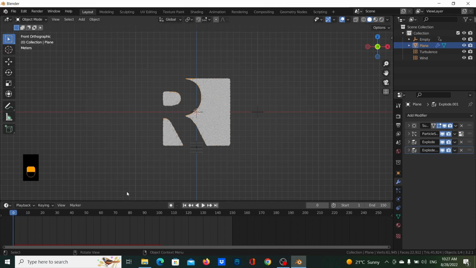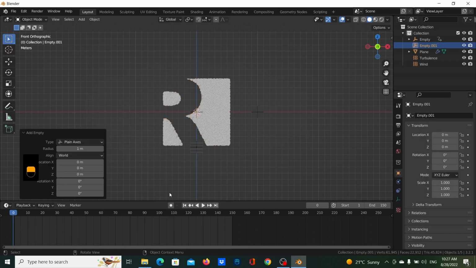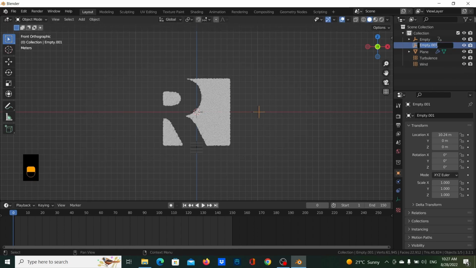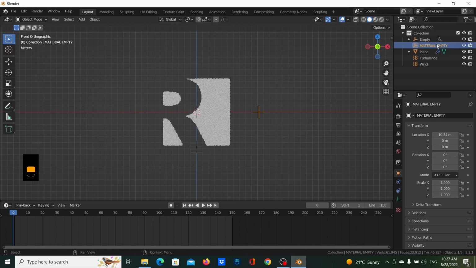So let's add another empty, and let's call that a plane axis, and let's also leave that on the right side, and let's just name this empty 2 material empty. Okay,